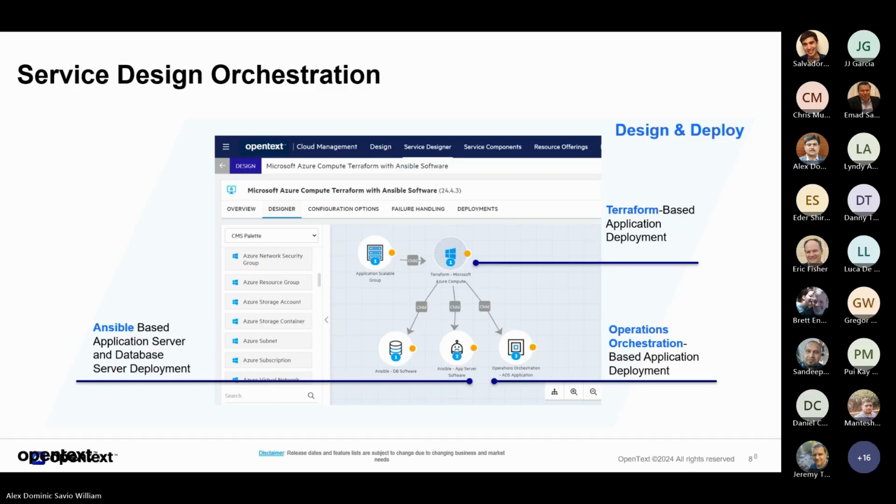So you must have used the product to deploy compute or software or an application or even a container, Kubernetes server, RDS or whatnot. We provide a number of out-of-the-box contents to deploy IaaS, PaaS, CaaS, and even applications, right? And the out-of-the-box content that we offer is completely based on Operations Orchestration, which is our default orchestration tool. But we know that customers are using their own third-party automation tools, like, for example,